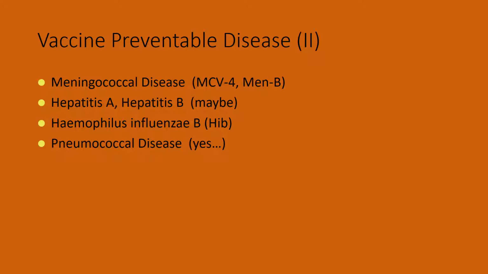Hepatitis B is recommended for healthcare workers as well as for diabetics. Again, the practices on that are pretty variable. Haemophilus influenza type B, I think, has been a major contributor to the decrease in ear infections and meningitis in children. It is not, however, a vaccine that we give adults unless, again, they've had their spleen removed. Pneumococcal vaccine we'll talk about in a minute. There's two different types, and you need to be aware of the differences between them.